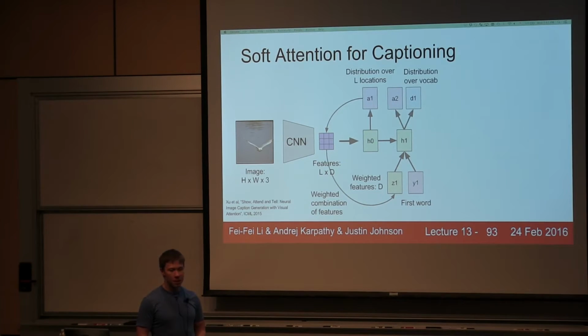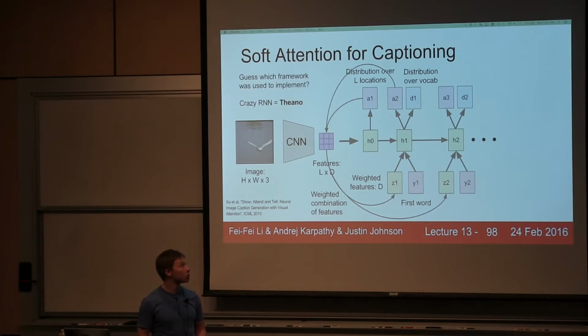From this hidden state, we're going to produce two outputs. We produce a new distribution over the locations in our input image, and we also produce our standard distribution over words. These would probably be implemented as just a couple of fully connected layers on top of the hidden state. Now this process repeats. Given this new probability distribution, we go back to the input feature grid and compute a new summarization vector for the image. We take that vector together with the next word in the sentence to compute the new hidden state, and produce